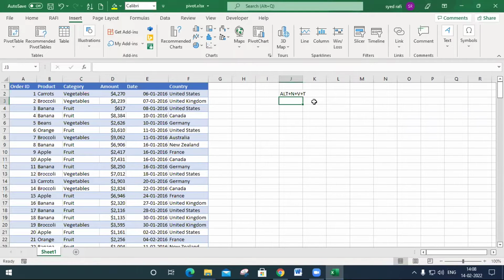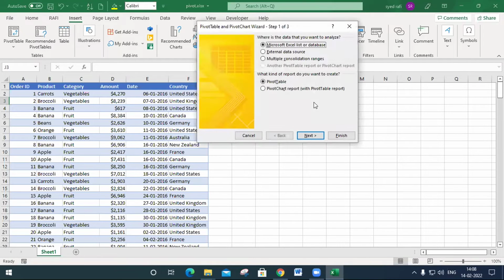There is another shortcut, Alt D P, which is used to open the pivot table wizard. I will show you more about this later.